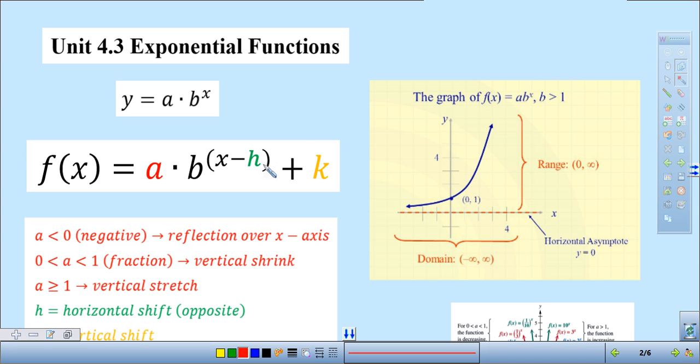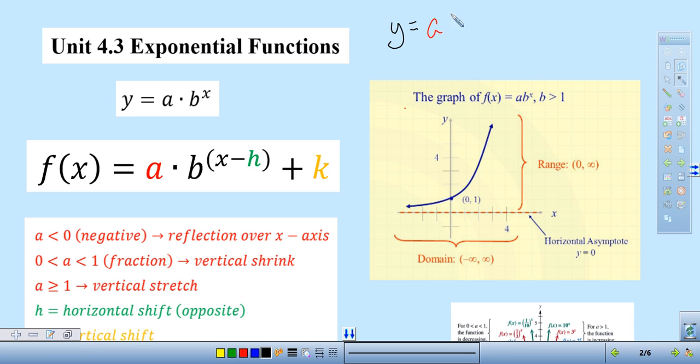equations like in a quadratic. In a quadratic, we utilize the equation y is equal to a(x minus h) squared plus k. And so we talked about how the a value would reflect us over the x-axis if it was negative,